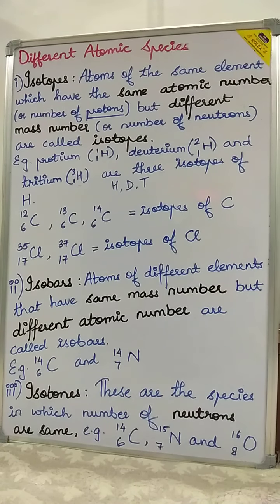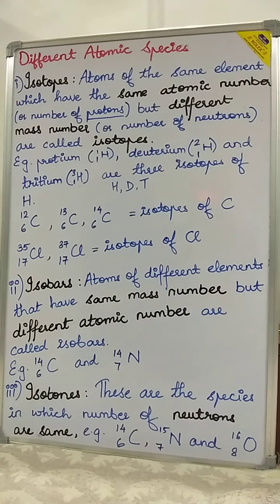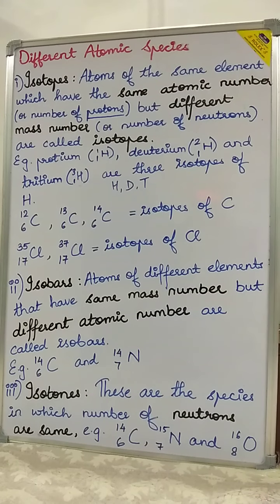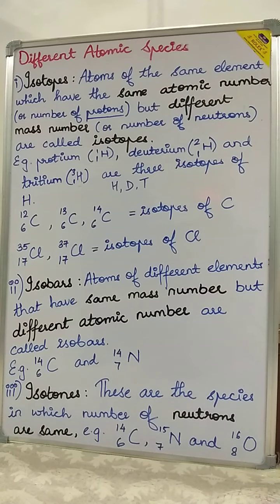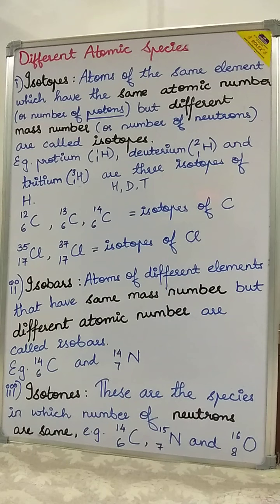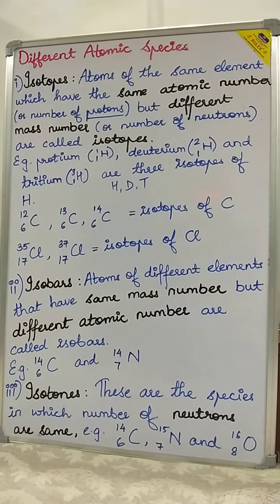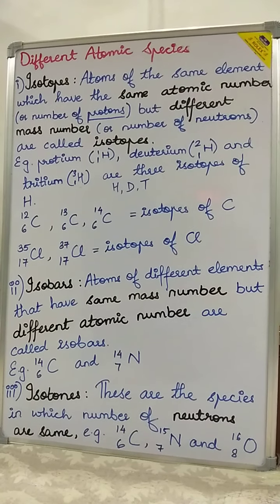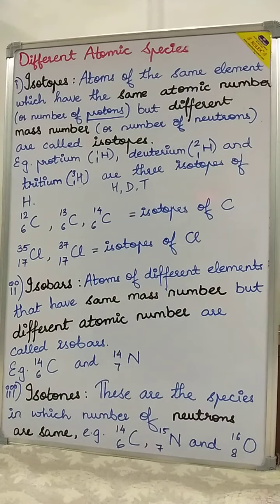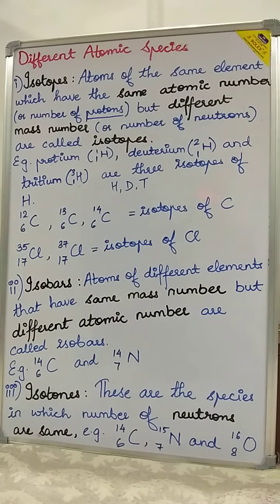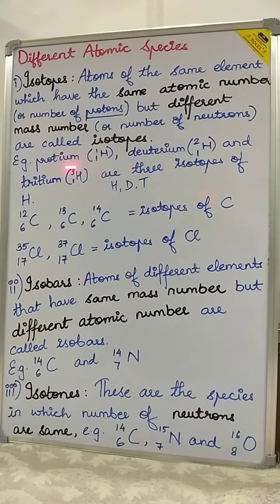So students, if these atoms have same atomic number, they must be having same number of proton and electron, isn't it? And if they have different mass number, so mass number is actually what? Mass number equals number of proton plus number of neutrons. So what is different, students, over here? Number of neutrons are different, because if number of protons are same in those two atoms and mass number is different, that means number of neutrons are different. So they are known as isotopes.